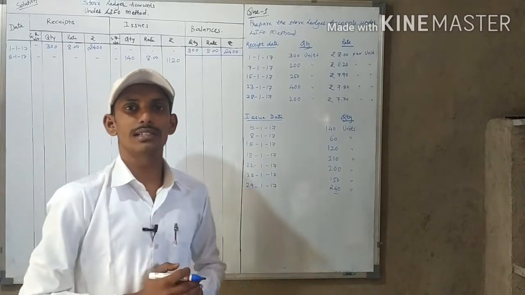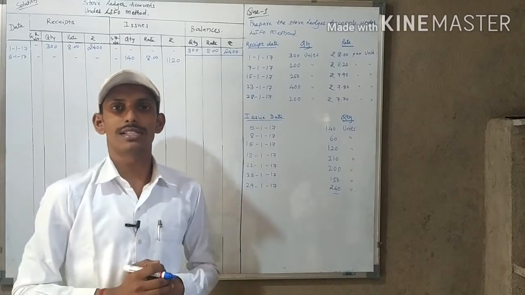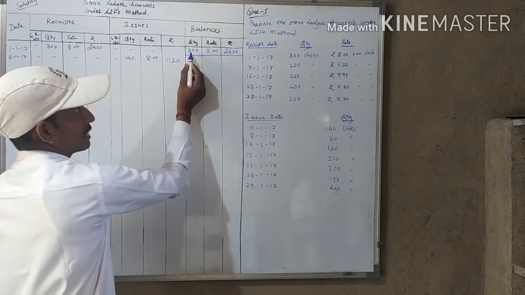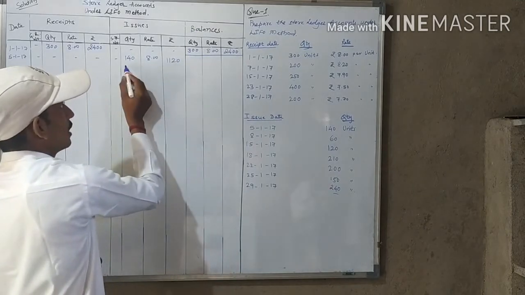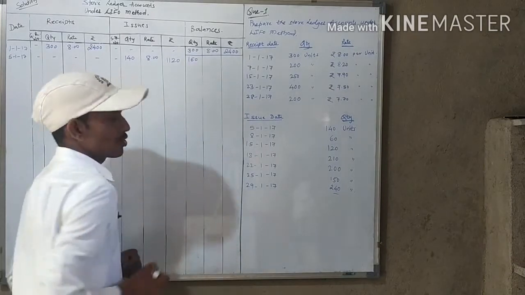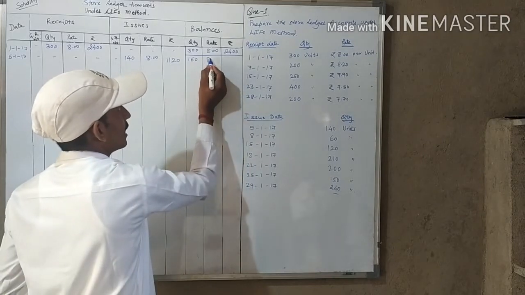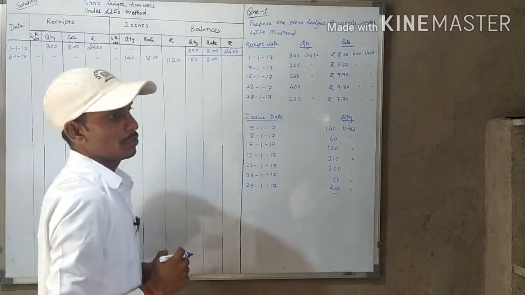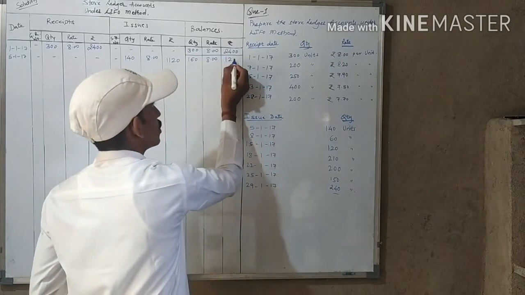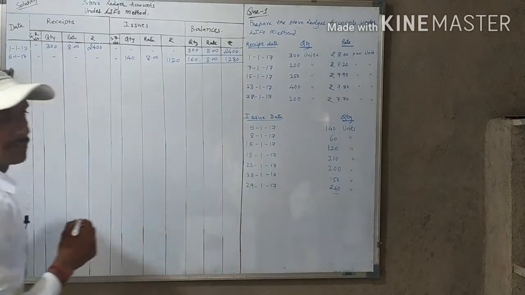Before closing the books of accounts, we have to show the balance, the value of the closing stock which is available in the godown. Here we had purchased 300 quantities, and from that we sold 140 units. So how much stock is available in the godown? 160 in quantity, and the rate of 160 units is 8 per unit. So the value of that is 1280. This is the end of 5th January.